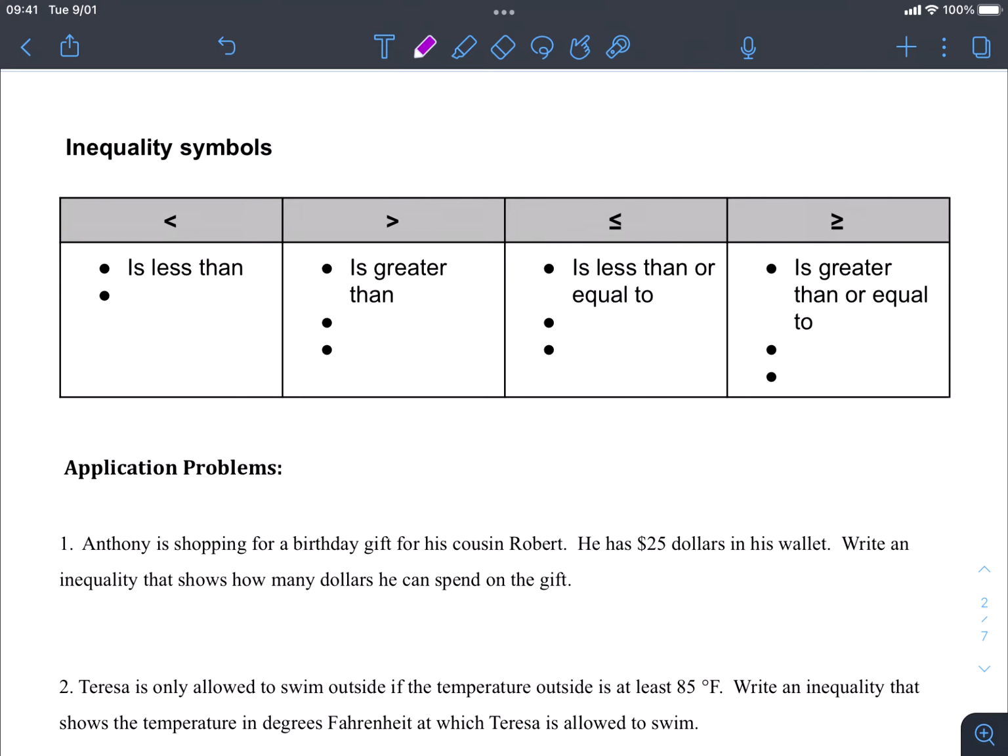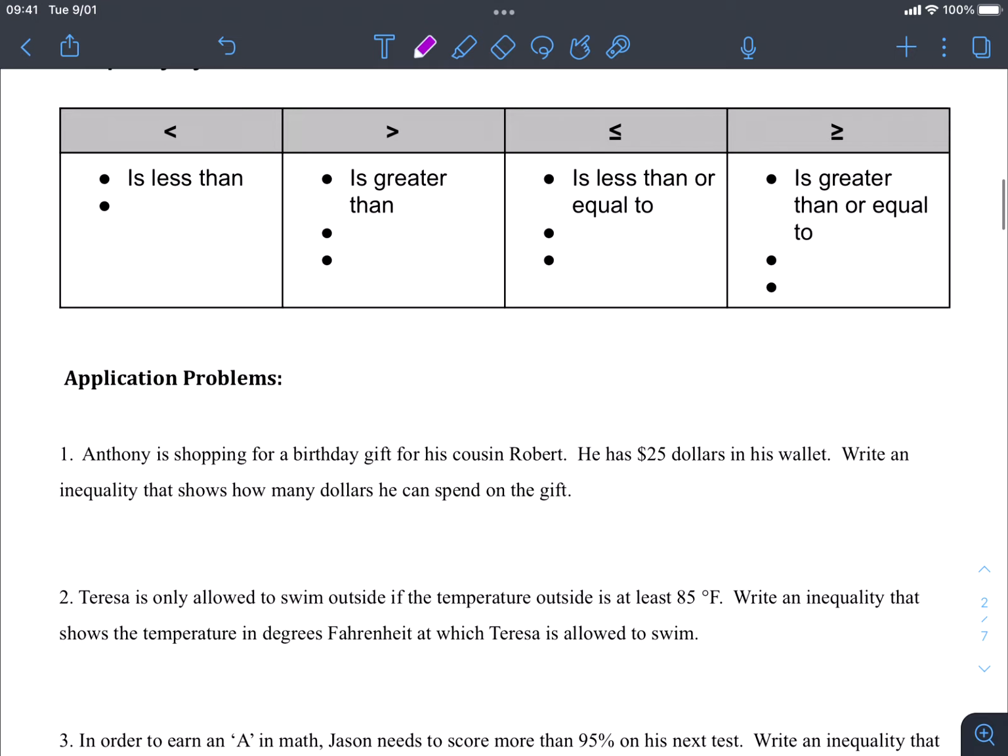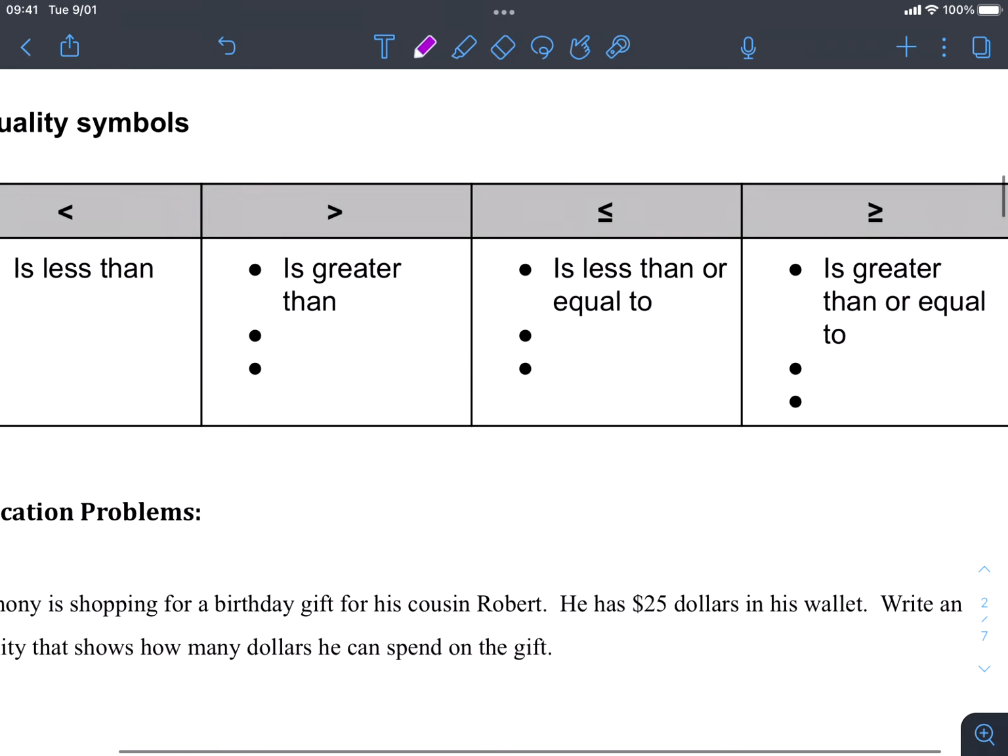So for example, for number 1, it says that Anthony is shopping for a birthday gift for his cousin Robert, and he has $25 in his wallet. So it says write an inequality that shows how many dollars he can spend on the gift. So if he has at most $25, right? He can spend $25, but he can spend less, but he can't spend any more than that. So what we would say is it's either at most